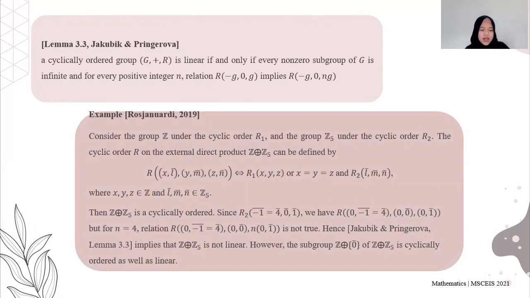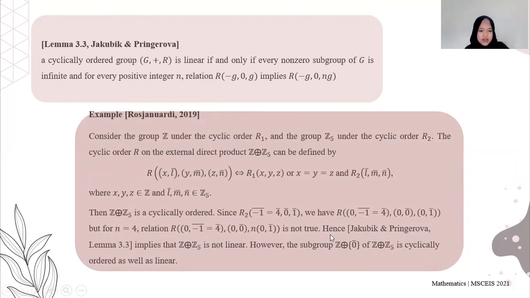Consider the group Z under the cyclic order R1 and the group Z5 under the cyclic order R2. The cyclic order R on the external direct product Z direct product Z5 can be defined like this. Then Z direct product Z5 is cyclically ordered. Since R2(-1) equals (4, 0, 1), we have the ternary relation R like this, but for n equals 4,